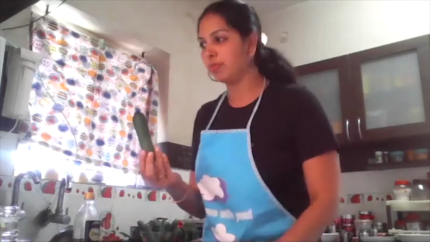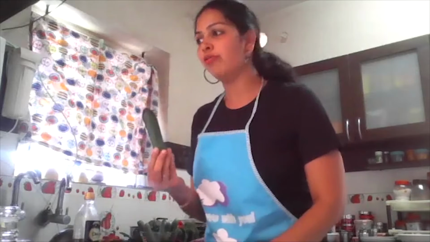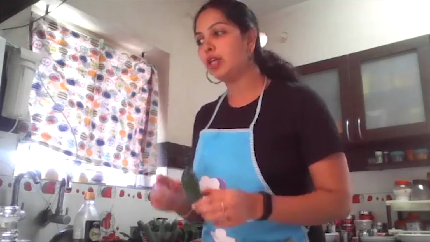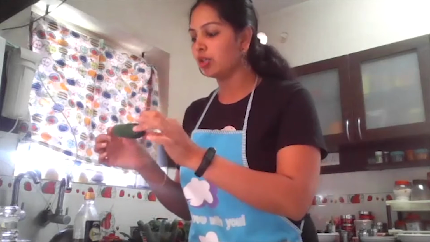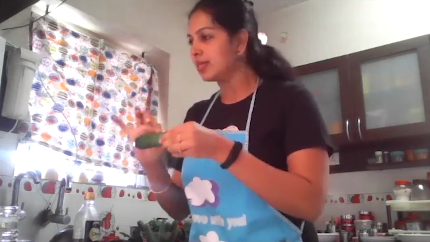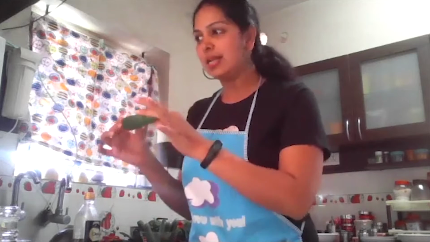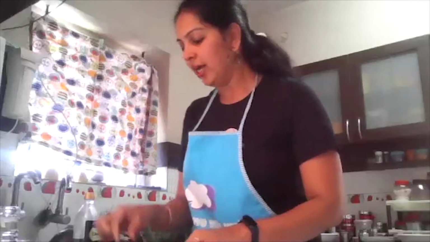And apart from that, the English cucumbers. So it is not the big cucumber. If at all we are not able to find the English cucumber, then you can go for the big cucumber and the seed has to be removed. So in this English cucumber, you can retain the skin and you can chop it in a cube format, just like that. So you don't have to peel out the skin for this Greek salad, right?